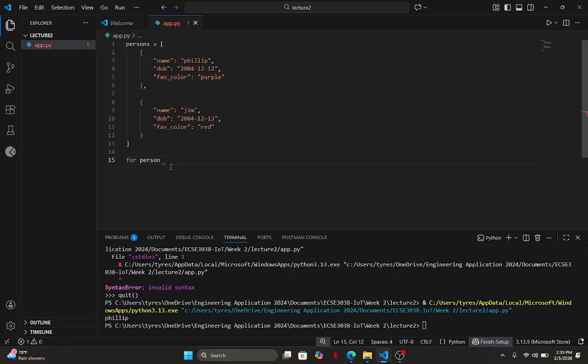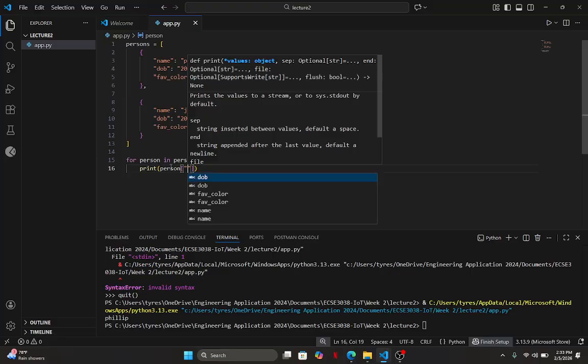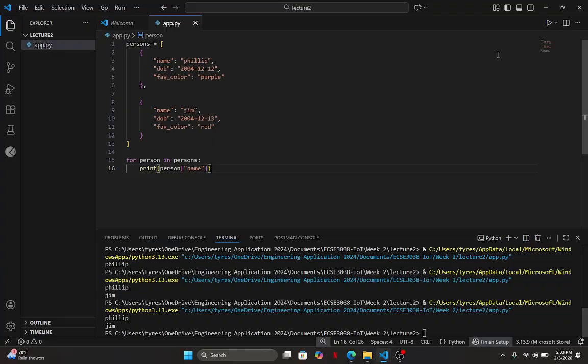For person in persons, and I'm going to print person square bracket name. And then this should just print everybody's name, so both Philip and Jim. Yep. So I'm printing the name of each person. It looks specifically for name because I put name here.